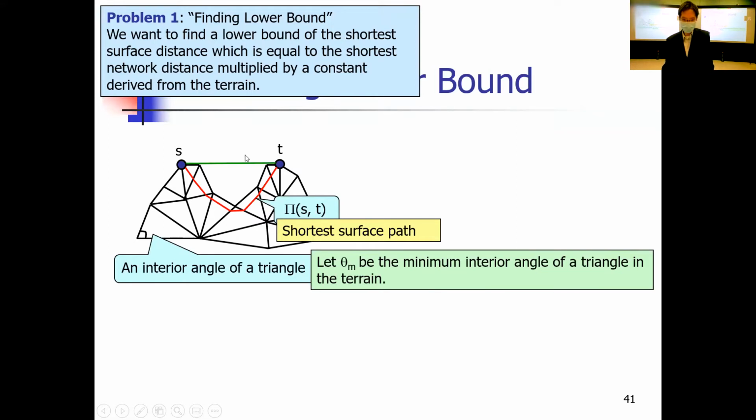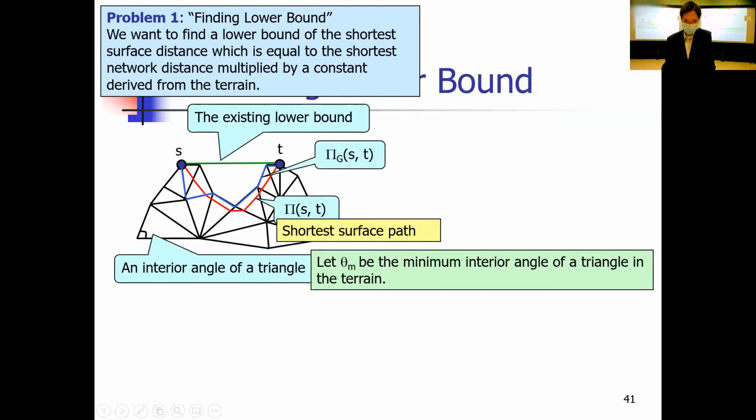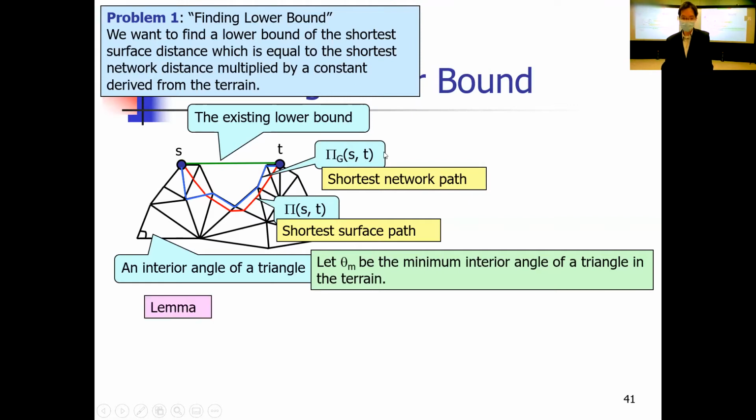This is the direct Euclidean distance, the existing lower bound. The blue one is the shortest network path, defined by us, which crosses only on the edges, denoted by this one.